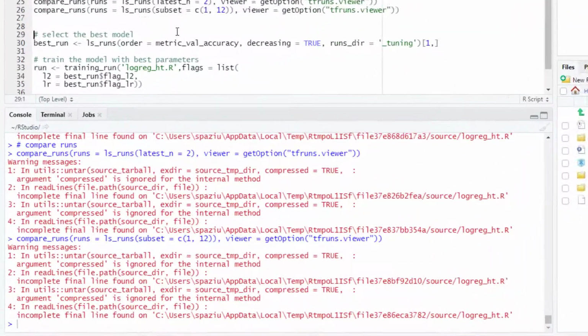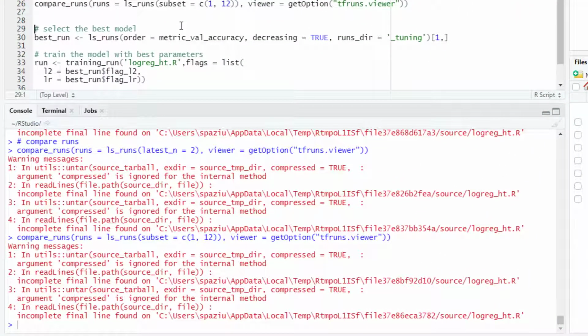Now finally, when we have examined our results, we can try to select the best model. In that case we would use the ls_runs. We would sort the data using the accuracy metric in decreasing order, and those runs are in the _tuning folder, and we select only the first one. So we can say that is the best run,